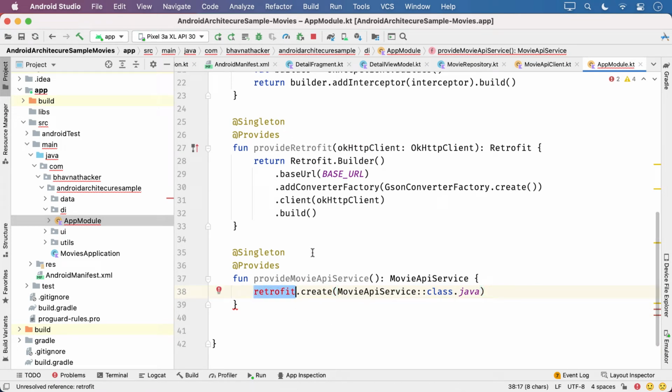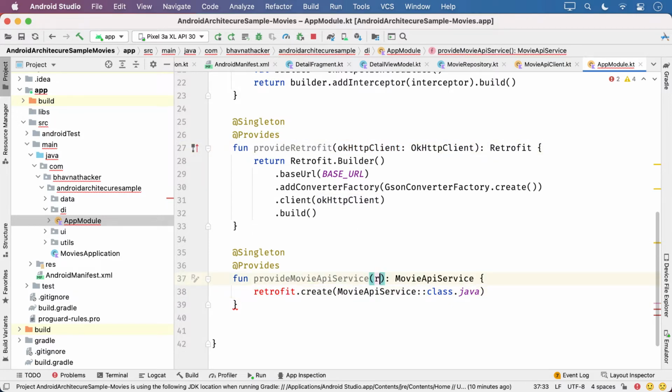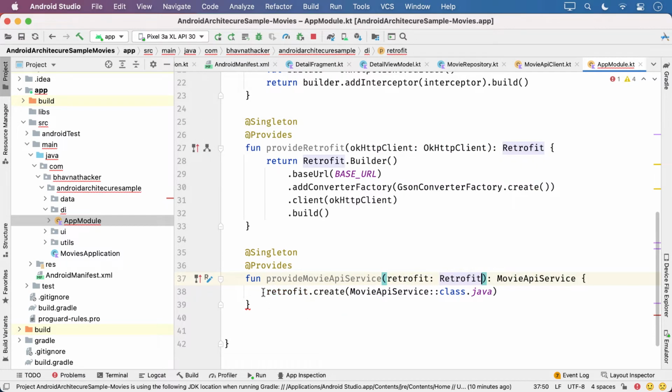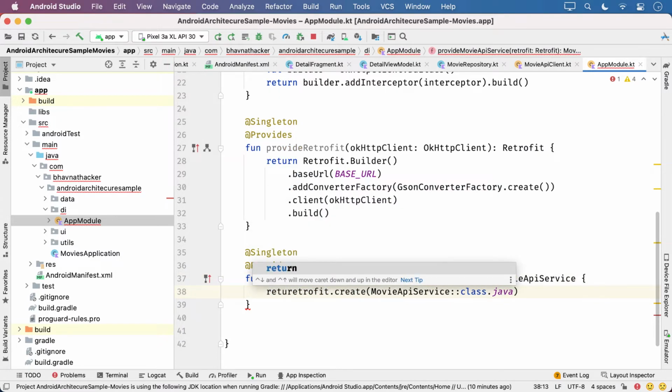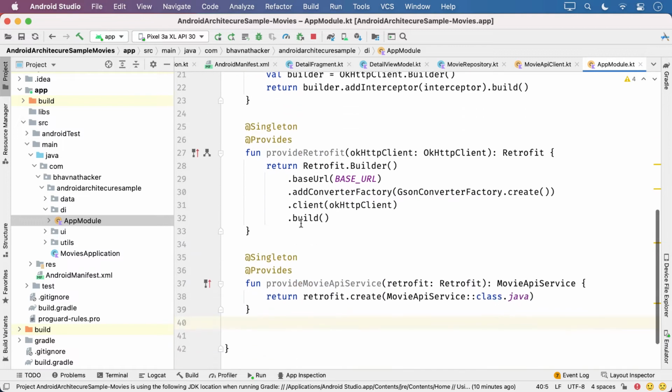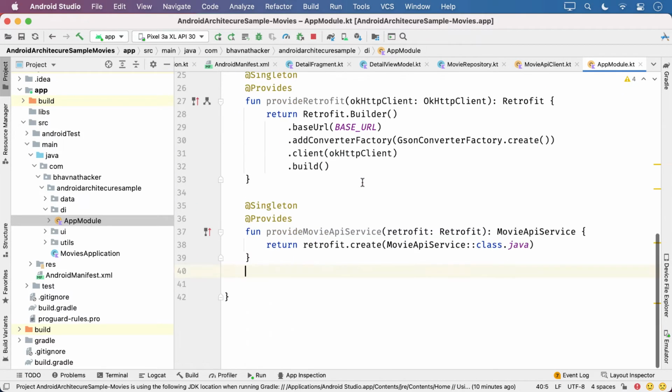So you should pass it as a parameter. The way you passed the OkHttp client, I will pass retrofit here. And this is to be returned. I hope this much is clear. Now you are done with the dependencies for the retrofit.